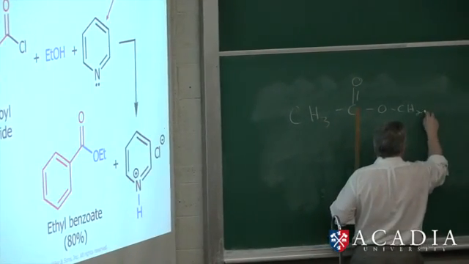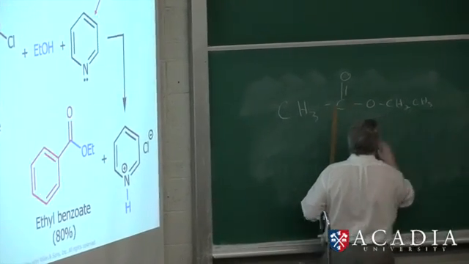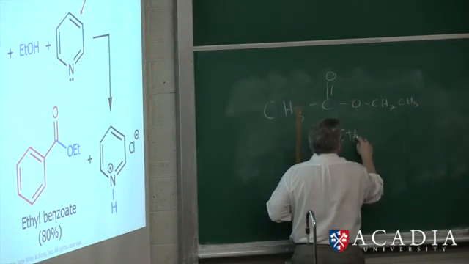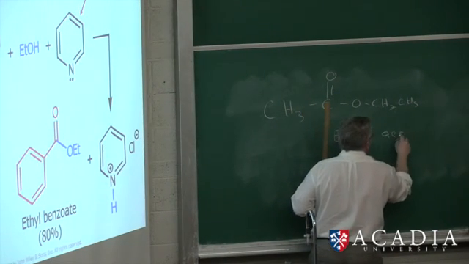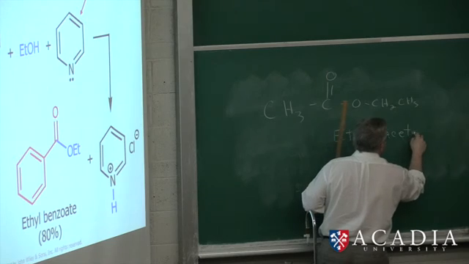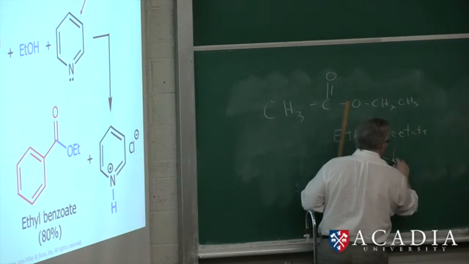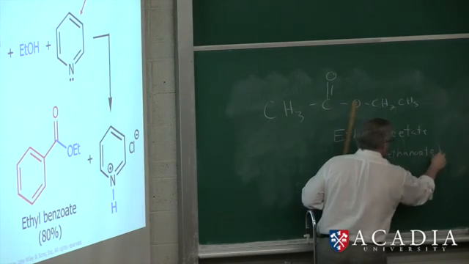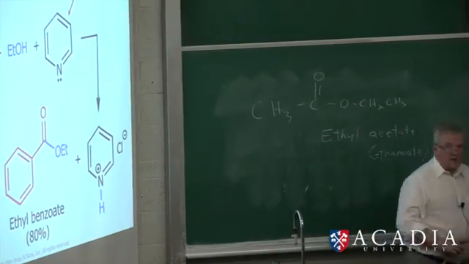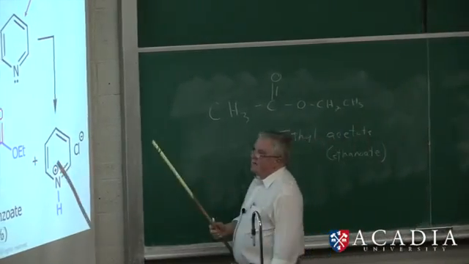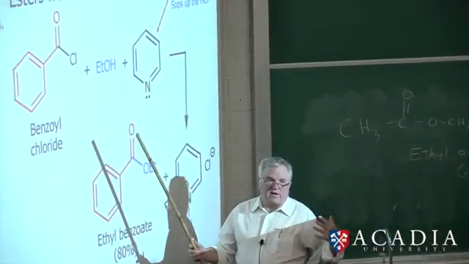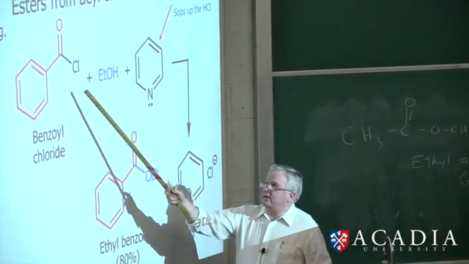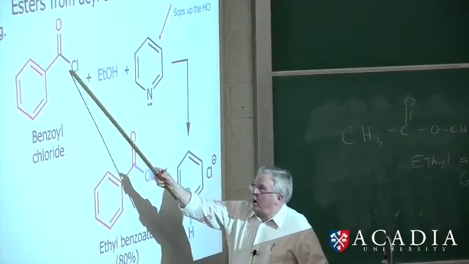This is ethyl acetate, or ethyl ethanoate. Okay, so we can make it from more reactive carboxylic acid derivatives by reacting a carboxylic acid chloride with